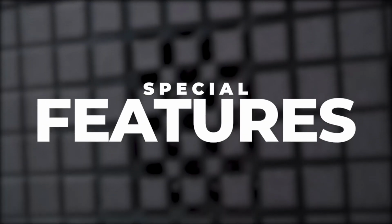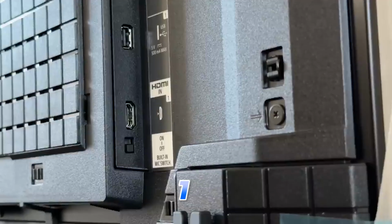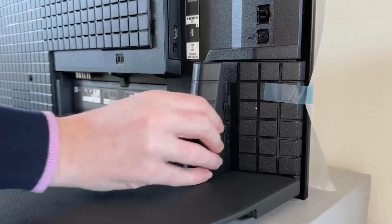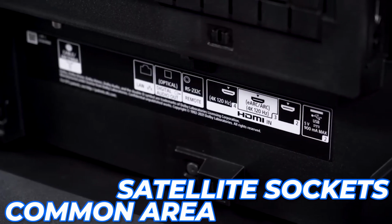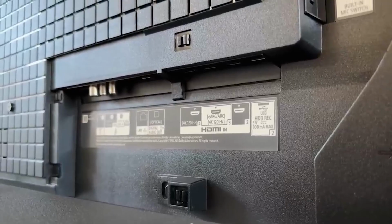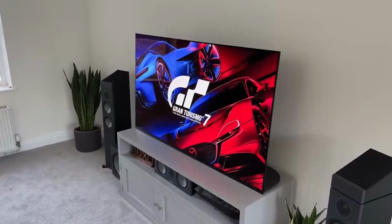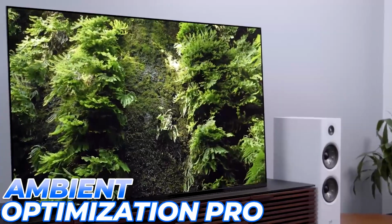Special features. Just like its predecessors, the A95K maintains 4 HDMI, 3 USB ports for your connections, as well as the common area and satellite sockets. Even in previous models, users complained that Sony could do better to add additional features to enhance the general user experience. Well, they listened. The Sony A95K came with upgrades, and the device supports an Ambient Optimization Pro